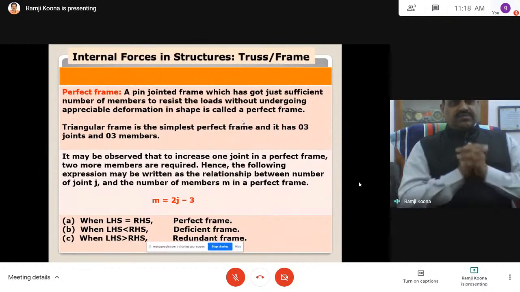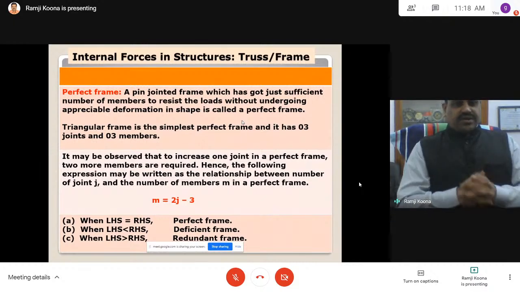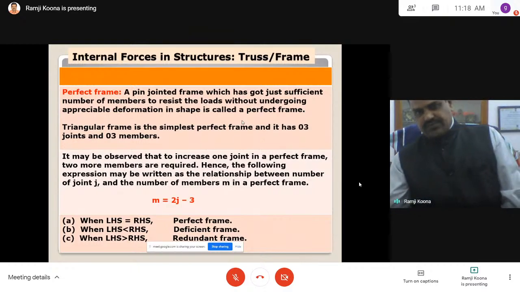This is how we will consider a perfect frame or a deficient frame or a redundant frame. Frames can be one many